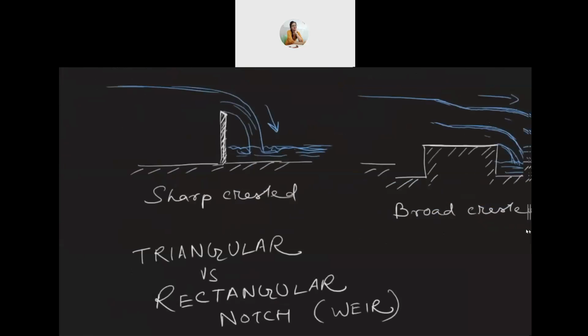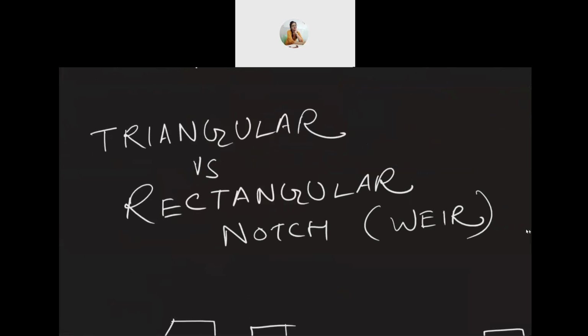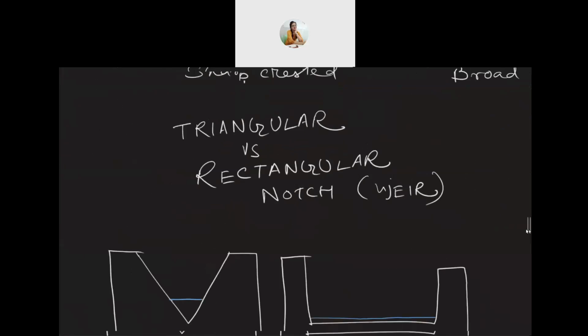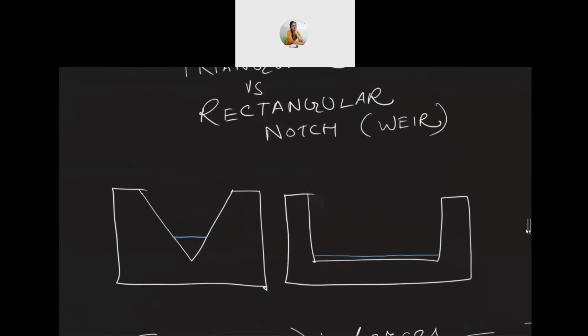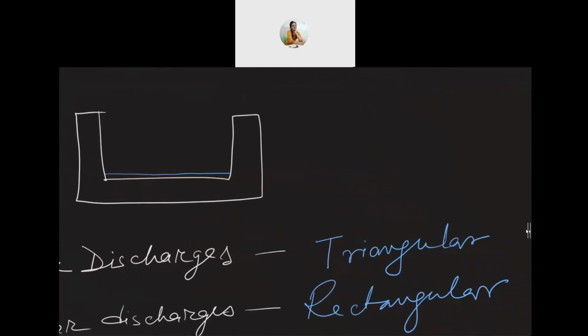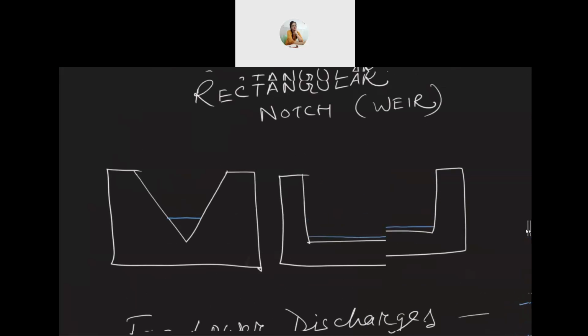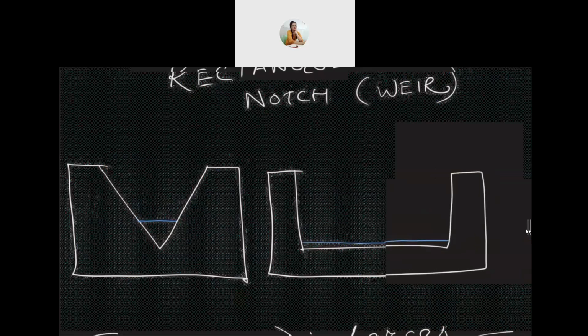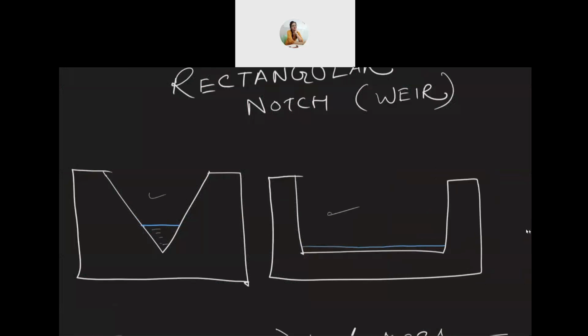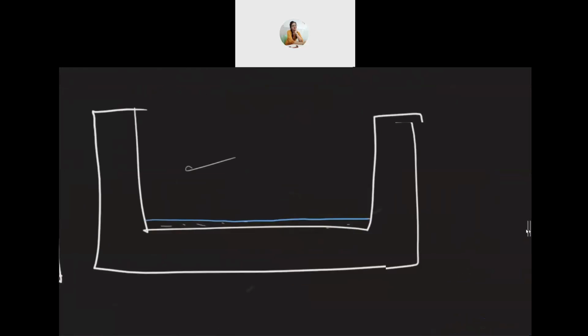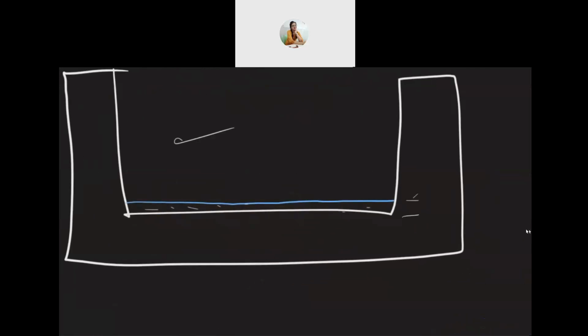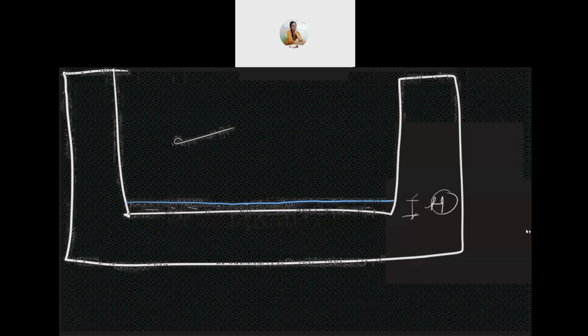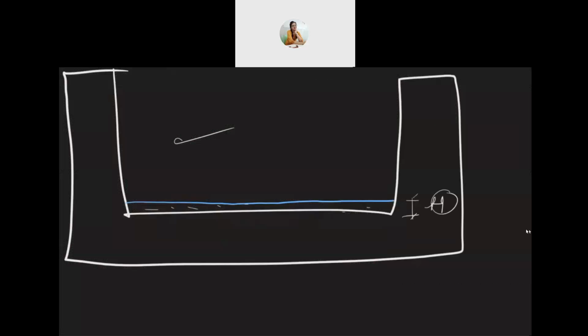Now let's discuss the difference between triangular and rectangular notch. A triangular notch is mostly useful for measurement of very small amounts of discharge. As you can see, in this case and in this case, let's say the discharge amount is the same. But the problem is, for a rectangular notch to have the same discharge, the head is very small, and this very small head is difficult to measure. But to have the same discharge, here in the triangular notch, there is a considerable head,